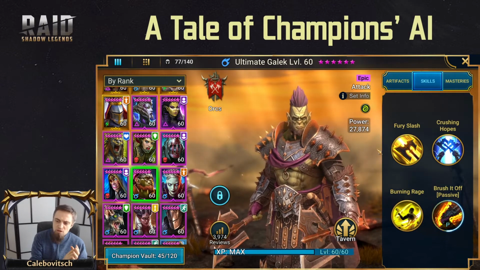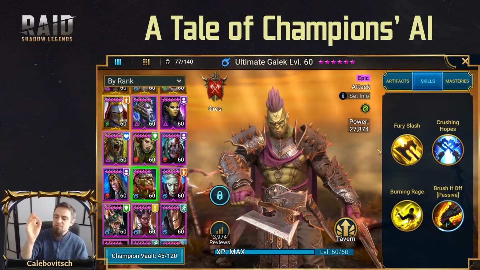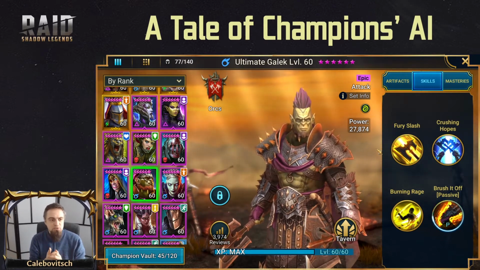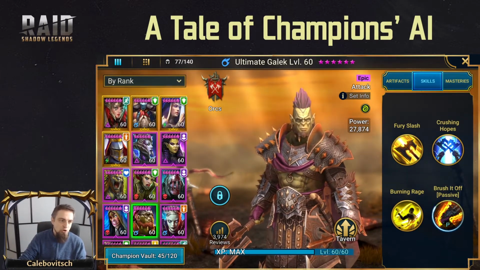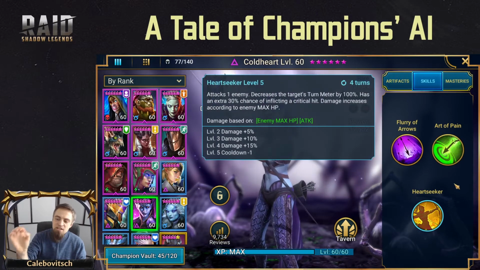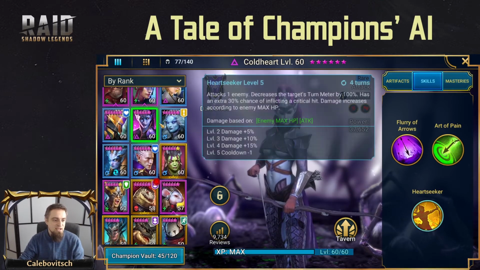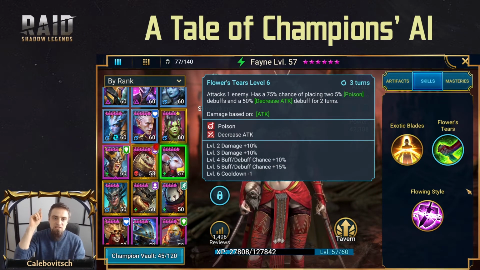The problem with this composition was the AI was just bonkers all over the place. Because although Arbiter and Ultimate Gallic and Septimus were working according to everything that I wanted to do, unfortunately both Fane and Cold Heart were not working properly on auto. For Cold Heart, that means that she first fires Art of Pain, an AoE attack for all the Spiderlings and the Spider Queen, but Heartseeker is just her second attack, not her first one. So that is the first problem. But the bigger problem was that Fane's first attack was Flower's Tears,